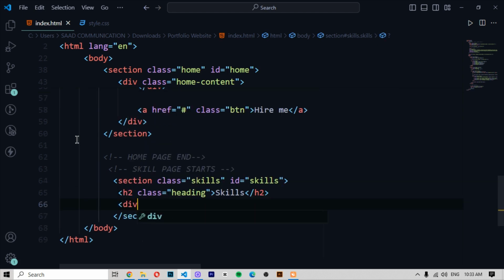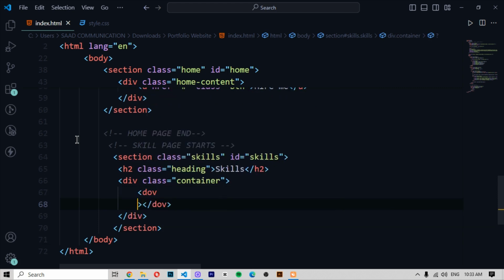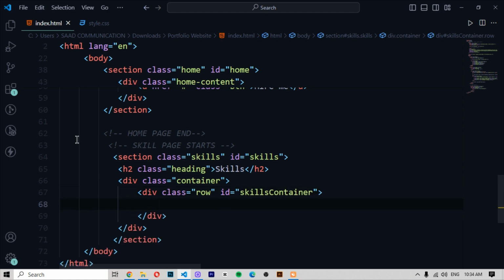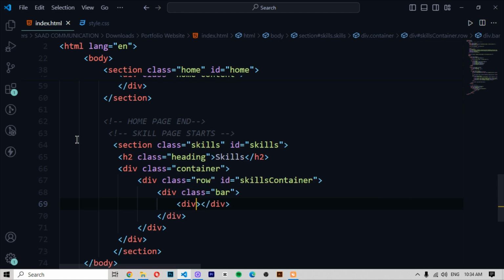Then here you write div, then in the div you write class will be container, and then div class should be row, and then ID should be skills-container. Okay, then press enter, then div class bar, div class info,